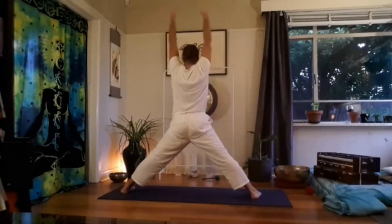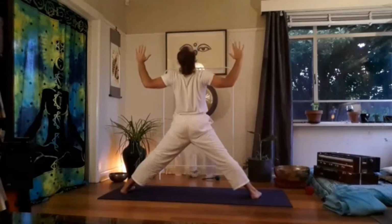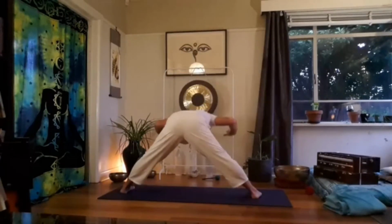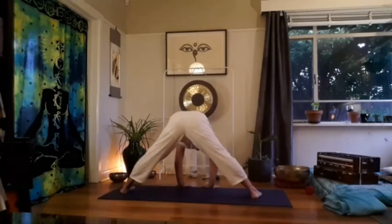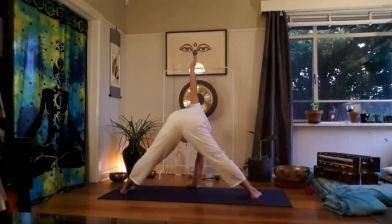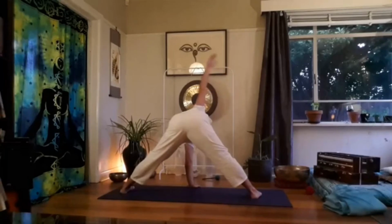Inhaling your arms up. The exhale, you can open your arms in cactus position. Maybe looking up, slight arch into the back. Legs are still straight, and as the exhale, folding forward, bringing your hands under your shoulders, straightening your arms, lengthening into the spine, bringing your left hand under your heart in the middle, inhaling right arm up, exhale, you replace the left hand with the right hand, lifting your left arm up, keep lengthening into the spine,